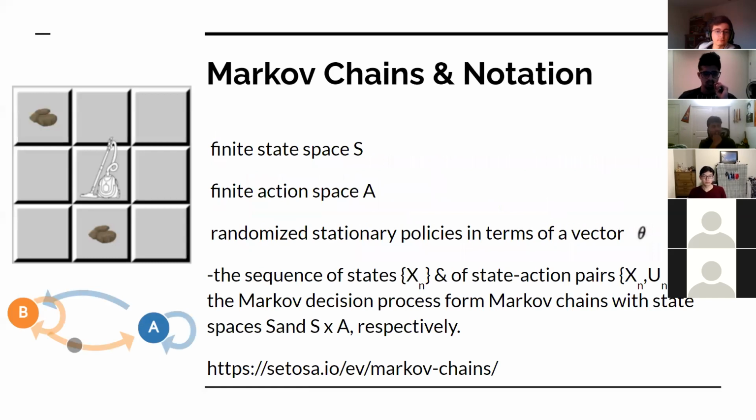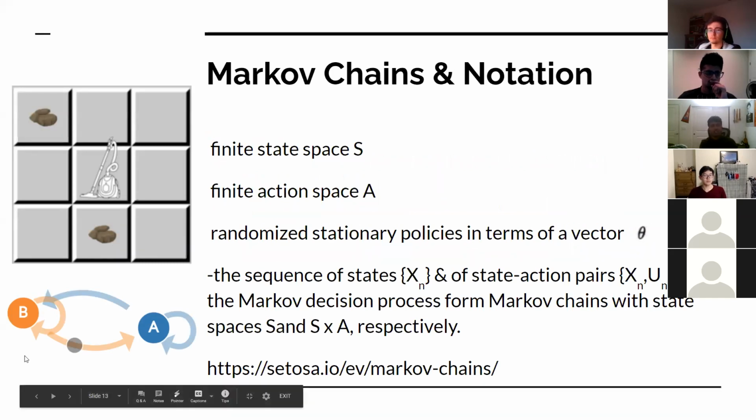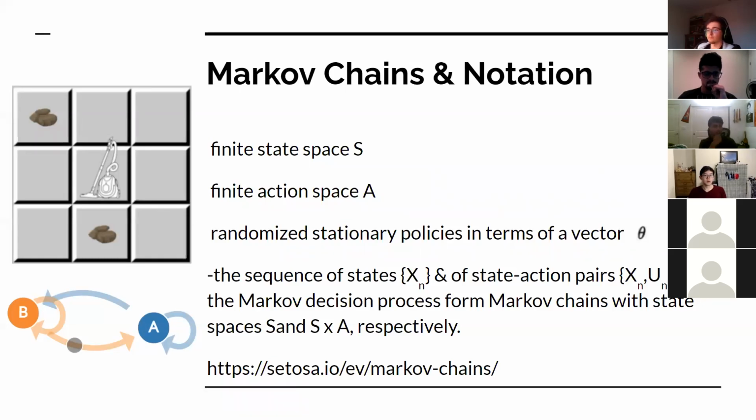Some general concepts here: we are working on a finite state space. You can see the gridded boxes here, like, as I said, for a robot vacuum to only go onto that finite number of squares. And a finite action space, where, say, the robot can go diagonal in this instance, it can go forward and backward. And also randomized stationary policies in terms of the vector of the feature vectors. The main thing is that